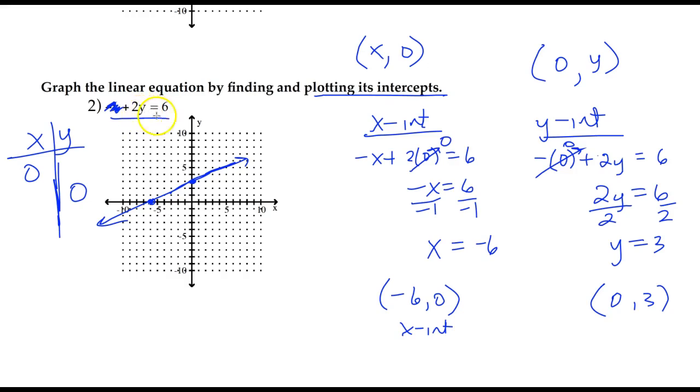And all I have is 2y is equal to 6. And of course, 2 times 3 is 6. So that'll let me know that that point is 0, 3. Similarly,